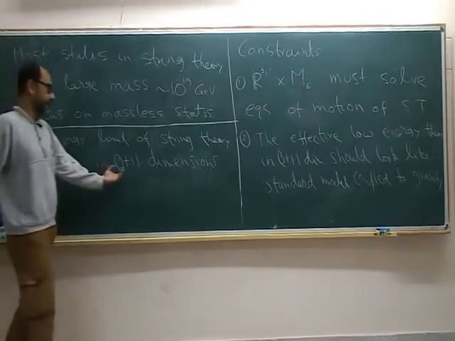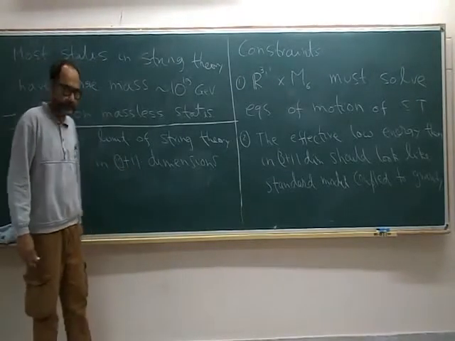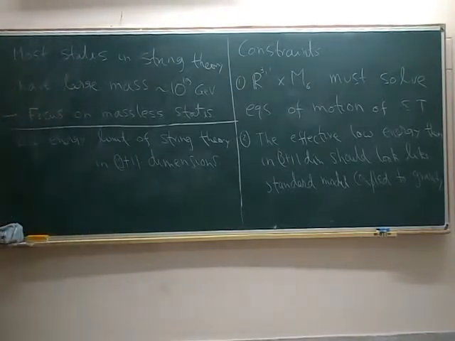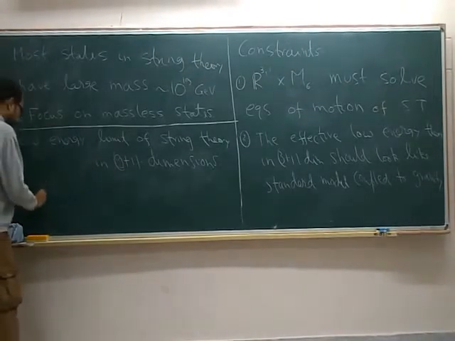And here we will discuss 5 different theories, because there are apparently 5 different string theories in 9+1 dimensions, although we will see later that they are not really distinct theories. But at this stage we can think as if there are 5 distinct theories in 9+1 dimension, and those are